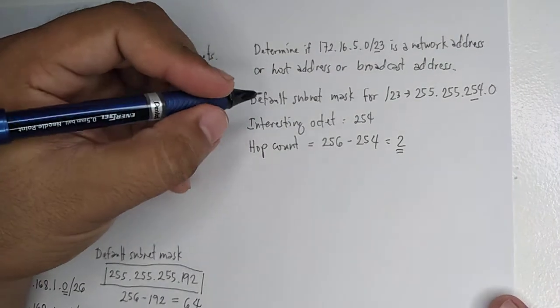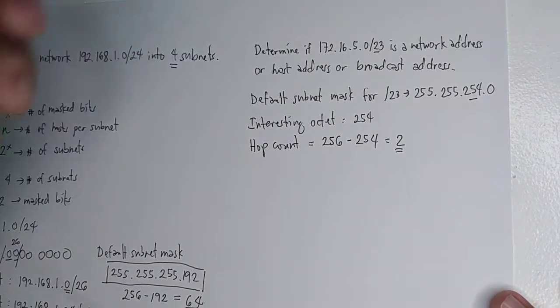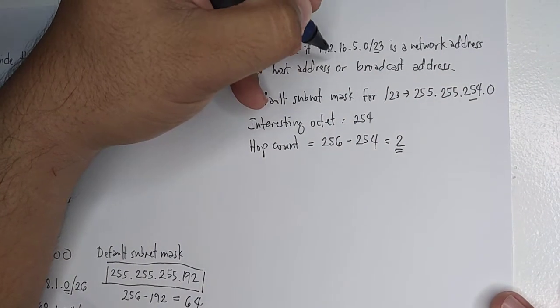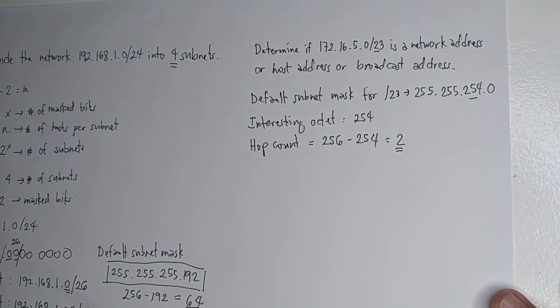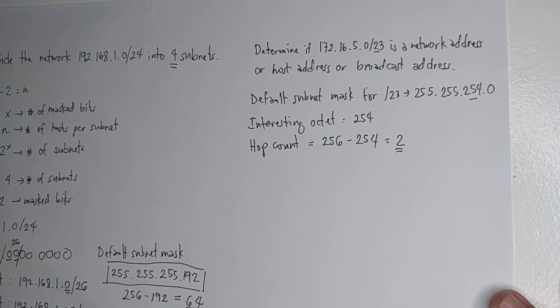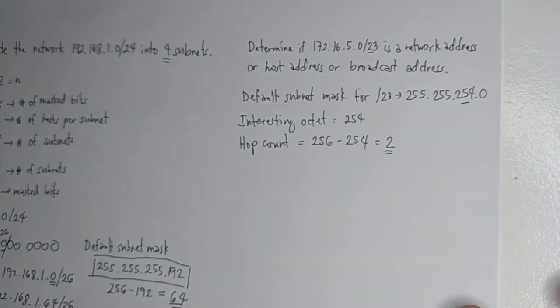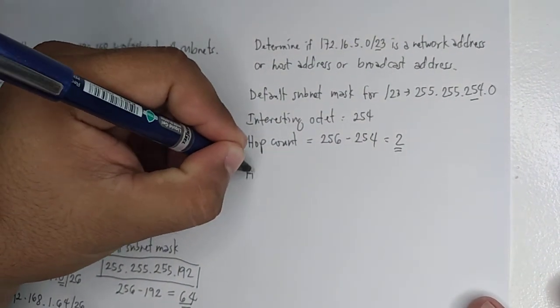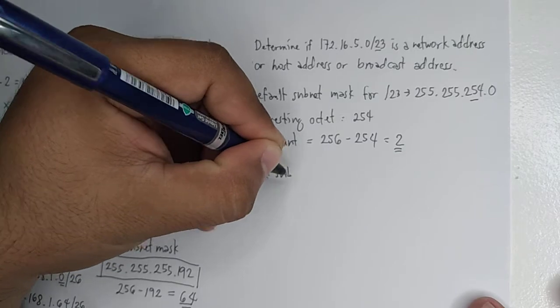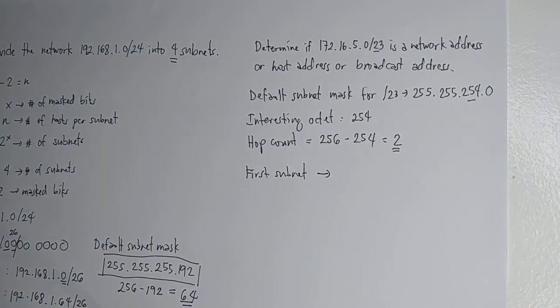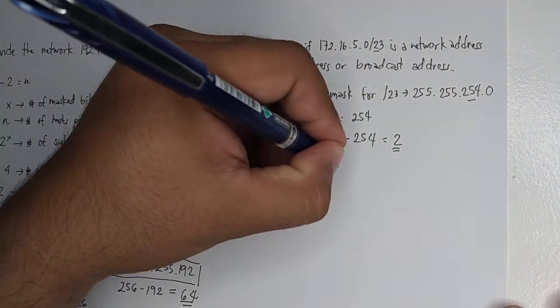So let's check. Given this address, let us check if it is a network address, a host address, or a broadcast address. First, we get our first subnet. What could be our first subnet? Given that we have two hops on this address, we start from